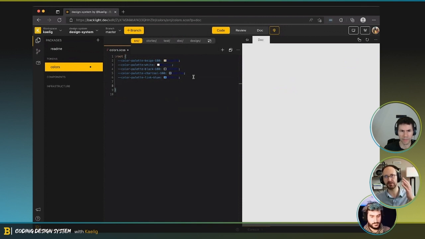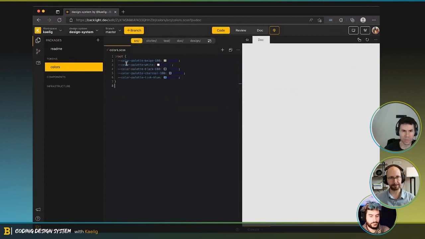And then as I start to see a system emerge from the repetition and using them all over, I start thinking, okay, what is a primary color? What is an action color, etc., and start naming them semantically so that when we start using stuff like dark mode, we can use those semantic tokens more easily.